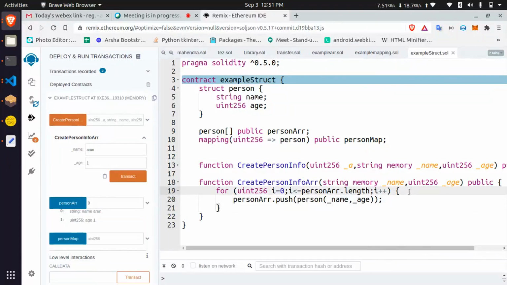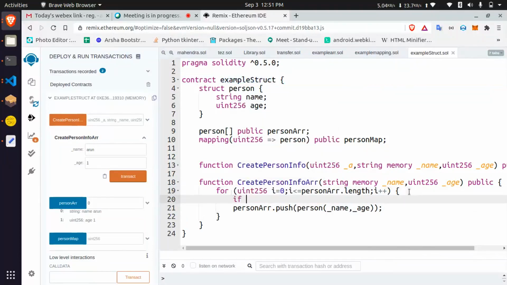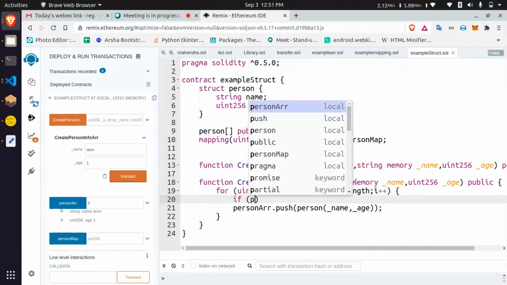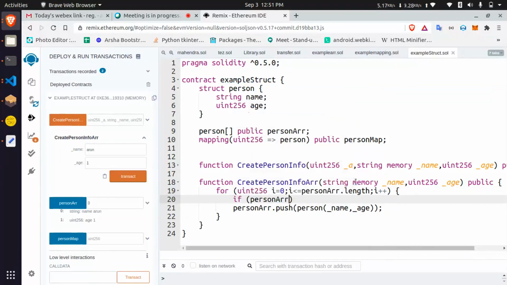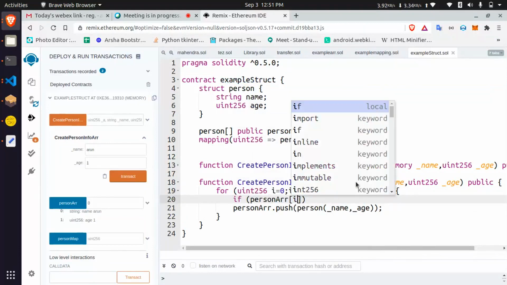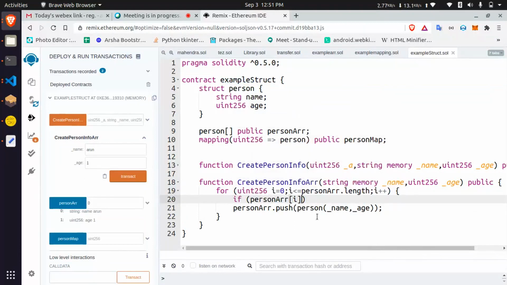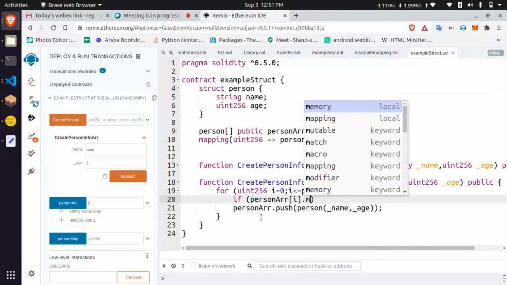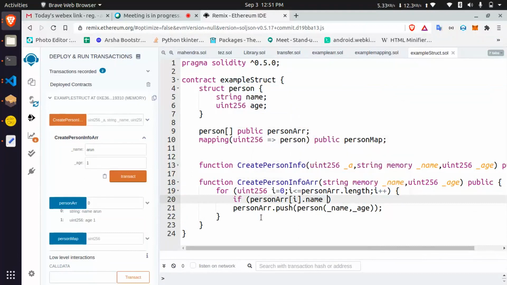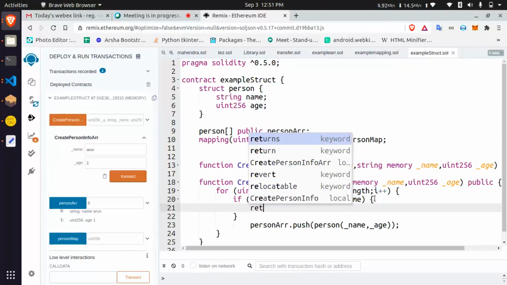Okay. And then I need to check if array of i dot name equal to underscore name. If it is true means we need to do revert.